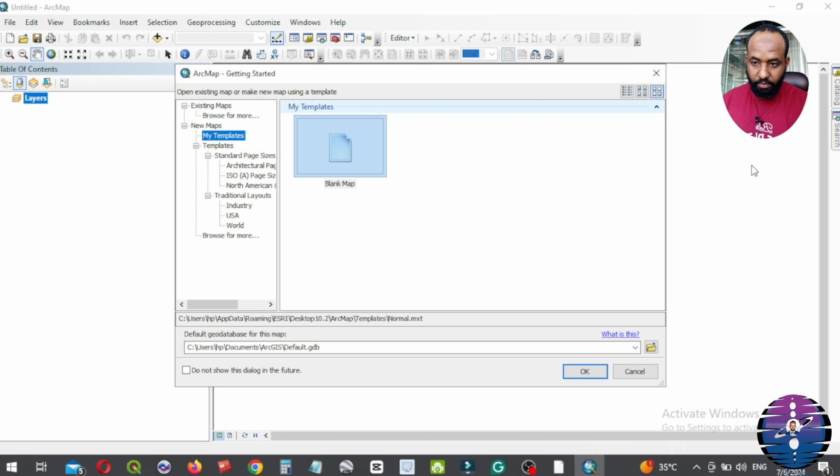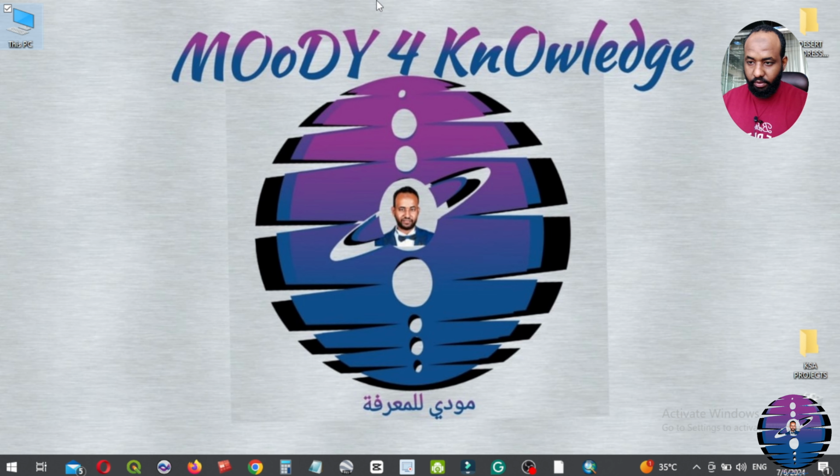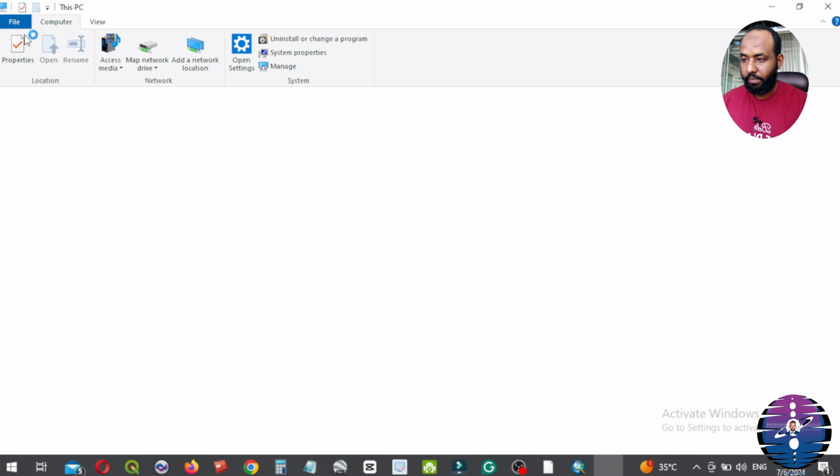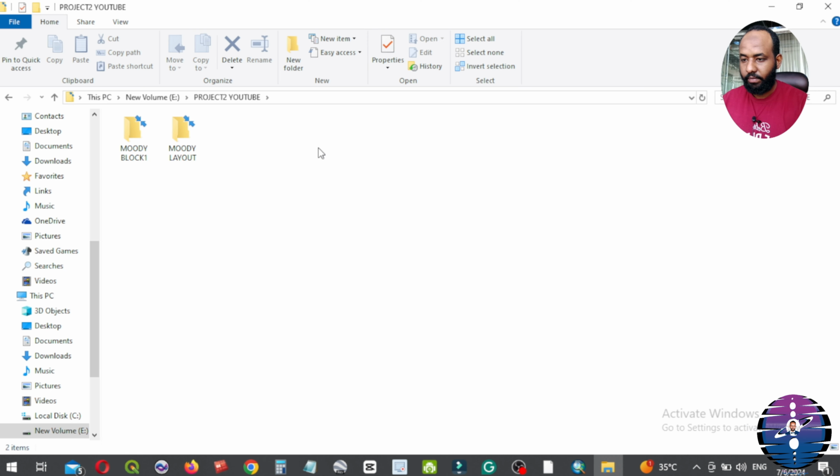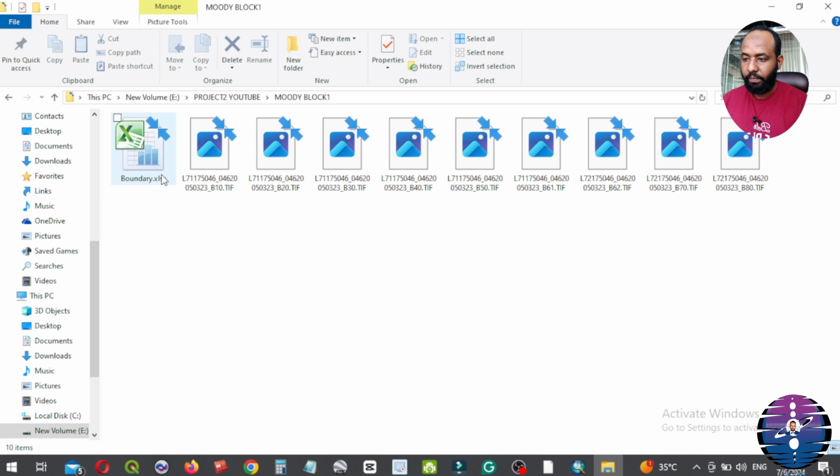I will show you. Prepare a file like this, Moody block, containing an Excel sheet and TIFF files. Here we have 1, 2, 3, 4, 5, 6, 7, 8 TIFF files.